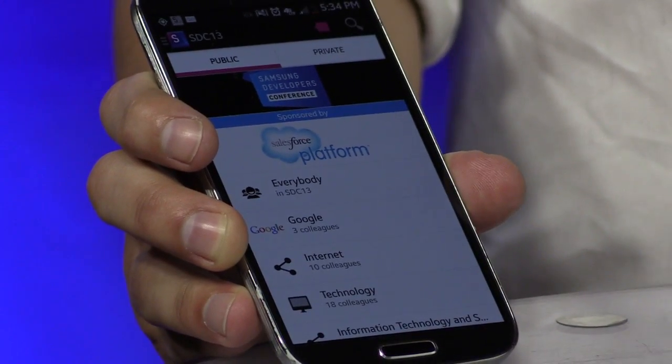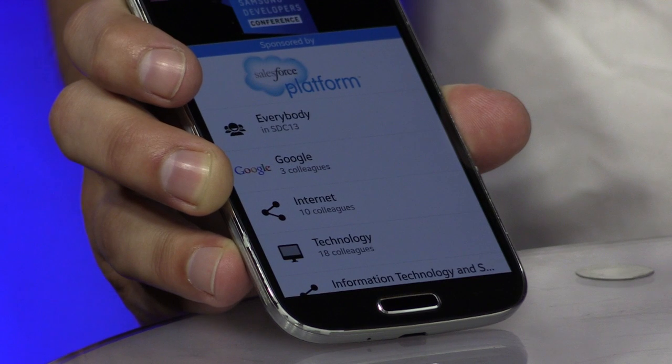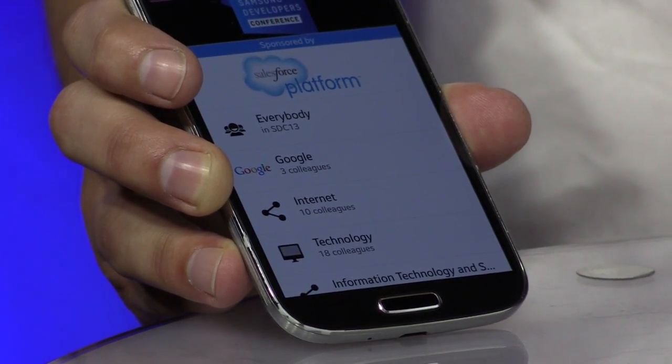Right, so grouping you together with people that maybe worked at similar companies or have similar interests. Of course, internet and technology is going to have a huge grouping at a conference like this. But that could be anything for any kind of conference, right? It could be anything. It could also be your hometown. For example, I'm French. If there's a bunch of French people, I'm going to see something France. It could be my meetup memberships. It could be a lot of stuff. Whatever you feel emotionally connected to, we're going to try to group you with people who share the same interests.